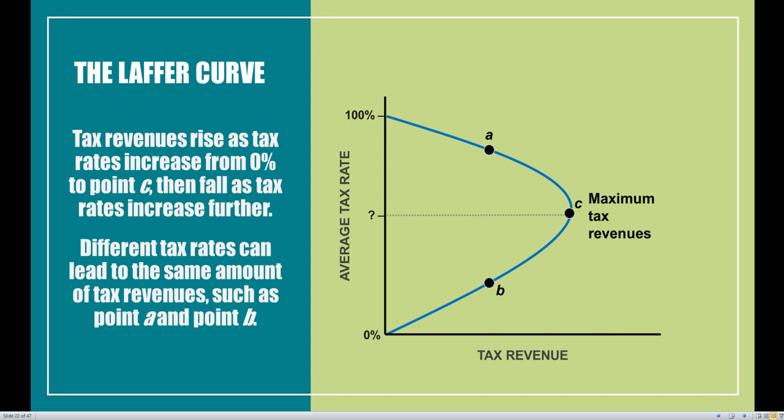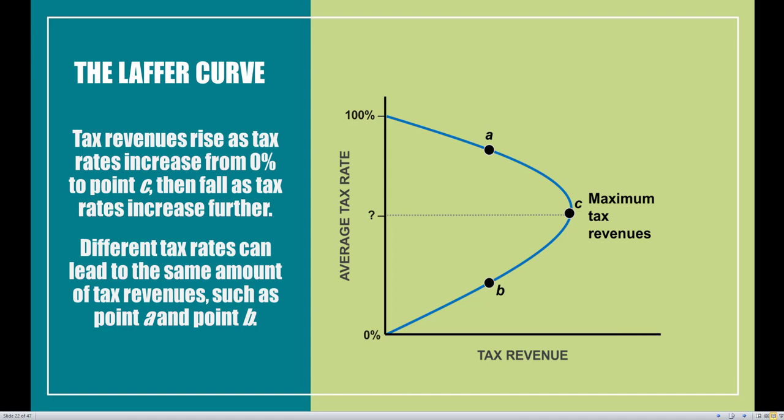And Arthur Laffer was the one that actually came up with this Laffer curve, and he came up with it during lunch, and he wrote down this entire model on a napkin. He made it at lunch with Donald Rumsfeld and Dick Cheney, of all people. And the napkin that he wrote this model down on is actually in a museum in Washington, D.C. So if you want to see the napkin, you can take a look at one of the museums, and you'll be able to see this entire model in its entirety. So, Arthur Laffer at lunch with Dick Cheney and Donald Rumsfeld. It's a really, really weird combination of people, but essentially this is what the Laffer curve is going to tell us.